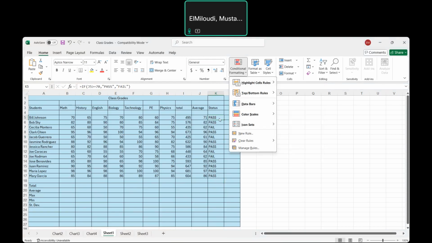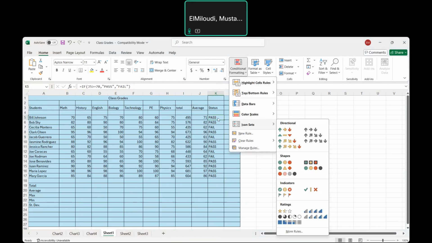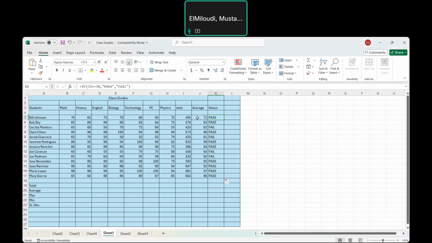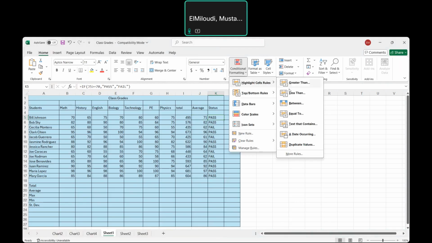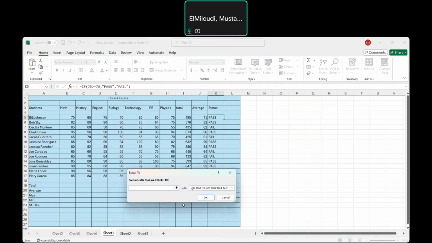That means if it says pass, show it in green. If it's fail, then show it in red. Or you can use it based on the number. If the average is higher or equal to 70, show pass in green and so on. So I'm just going to use this. I'm going to say if it is equal, that means if it says pass. So I'm going to go right here. It says if it is equal to pass,